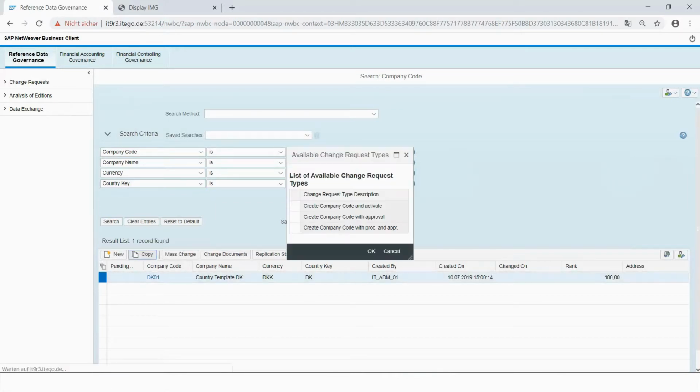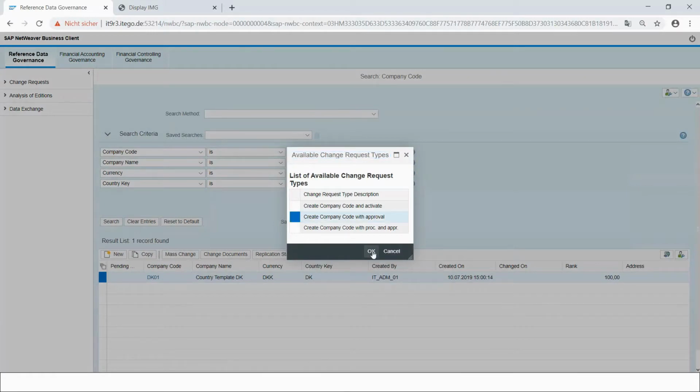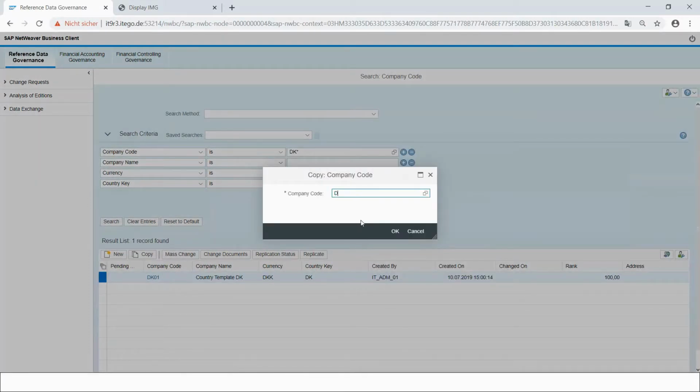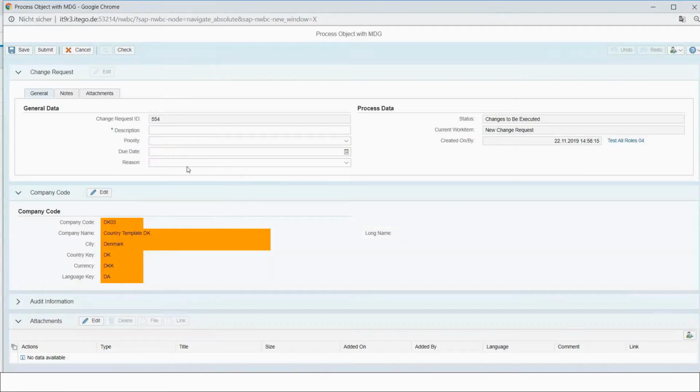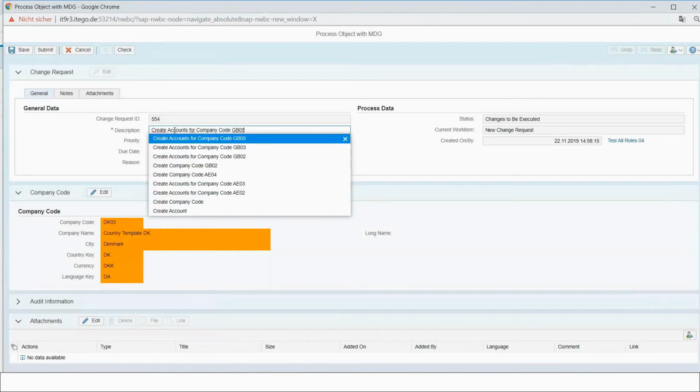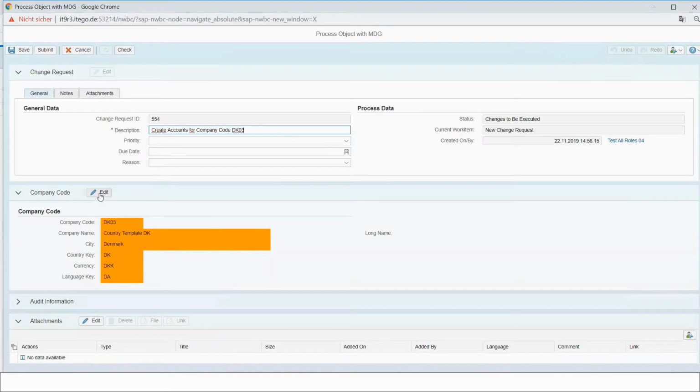We are then asked which change request type we would like to use, and for demonstration purposes, we're going to choose the two-step process. We then name our new company code DK03 and get the chance to edit it. The first step in this process would be to add the description to the change request to identify it in